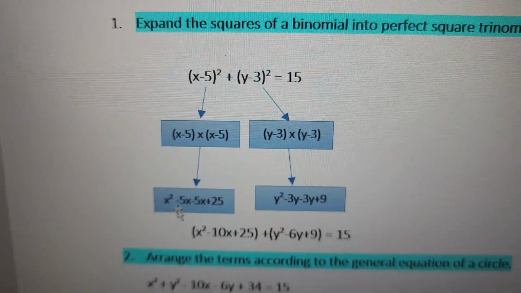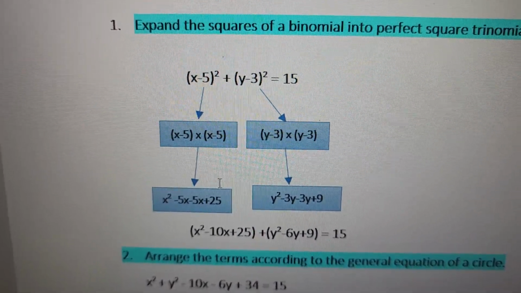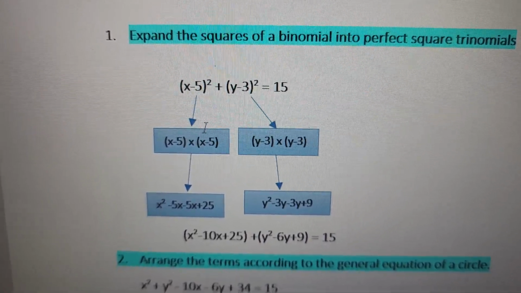So you have x squared minus 5x minus 5x, plus